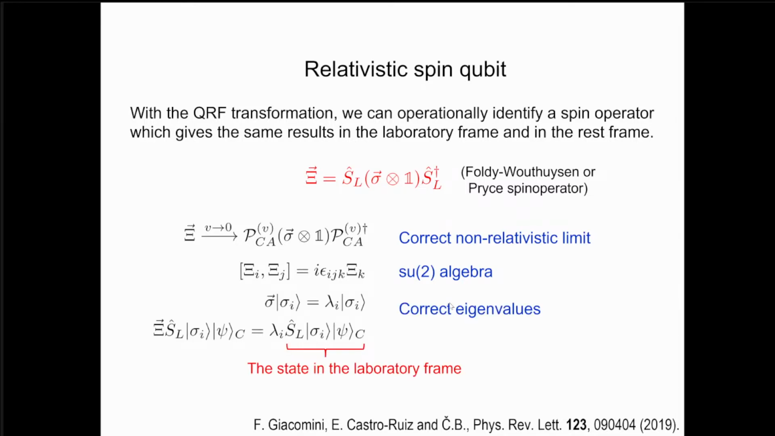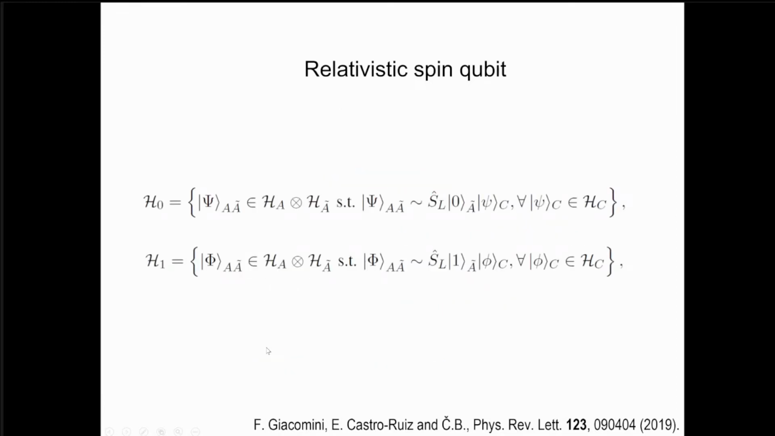And finally, it has the correct eigenvalues. It has the same eigenvalues, well, spin up and spin down, or plus or minus 1, or plus ħ/2 and minus ħ/2, because we need to transform both, of course, states and operators, and then these transformed operators act on the states in the laboratory frame, returning the same correct eigenvalues. And so we can now conclude